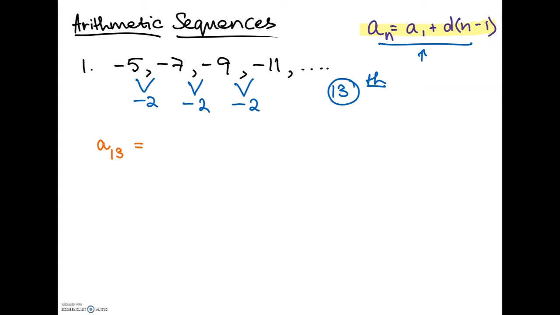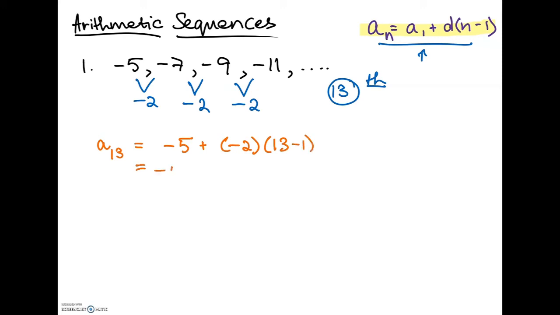What's the first term in this sequence? -5. What's our difference? Our difference is -2. Make sure you note that it's negative because you're increasing by a negative number. So make sure you take note of whether the difference is negative or positive. N in this case is 13 because that's the term we want to find, and